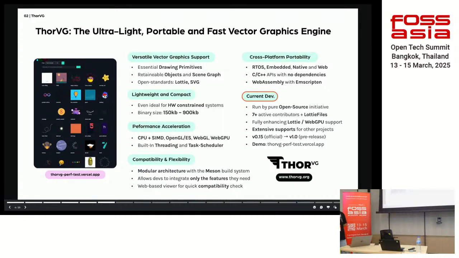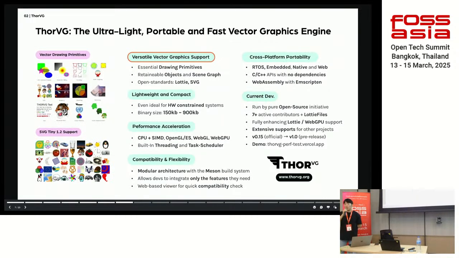ThorVG (Thor Vector Graphics) is a fully open source project being developed by more than 7 active contributors these days. Actually, it began in 2020. It's almost 5 years old, and it's on track to release the official 1.0. But most of all, this is a vector graphics engine, but it differs from traditional vector graphics libraries such as